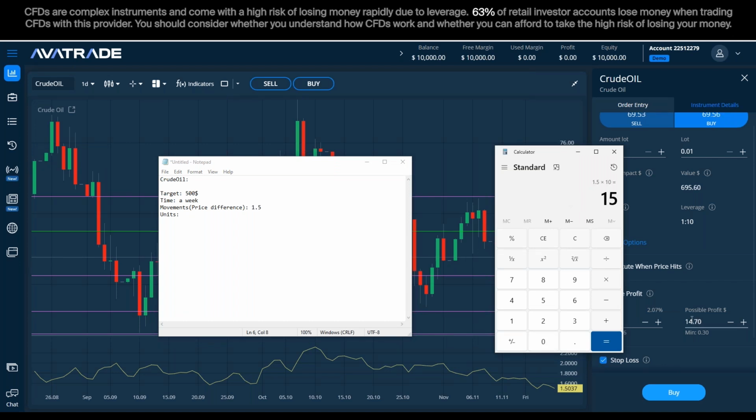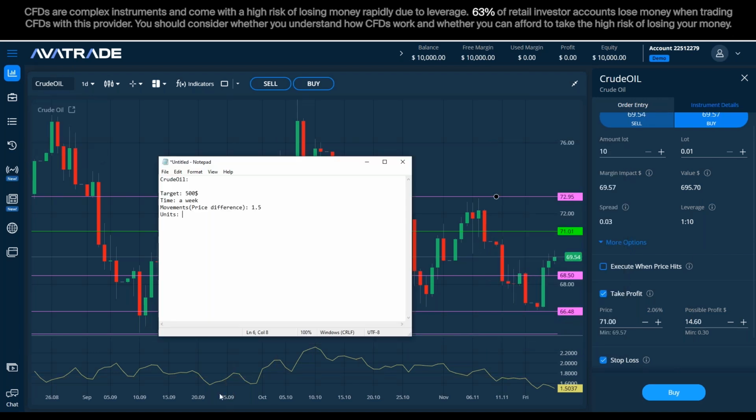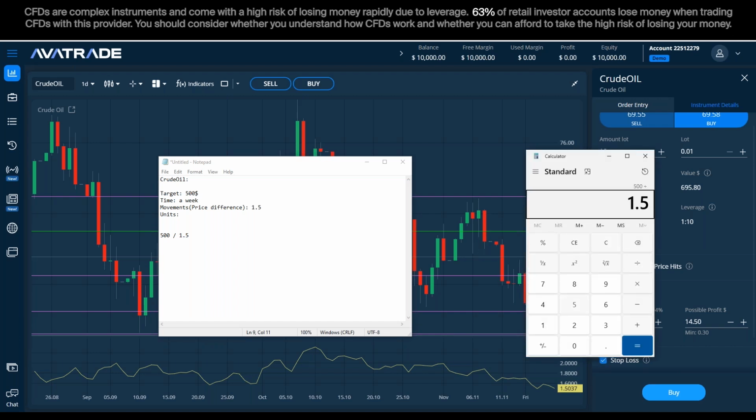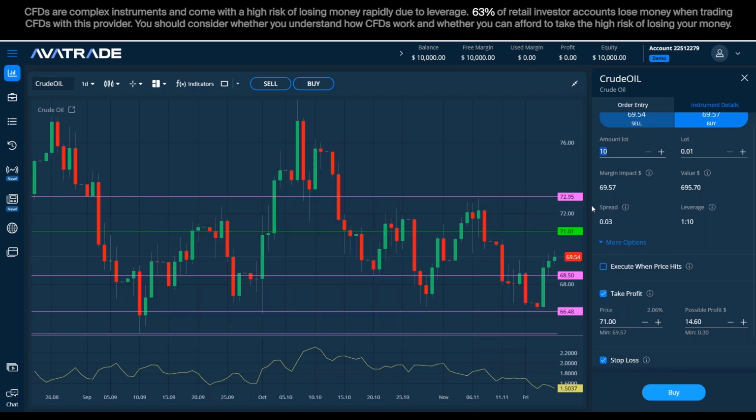So we see here 15, right? Okay, and if I wish to make 500, what I need to do is to divide my 500 by the potential movement that I'm expecting, and then I can see that the necessary units that I need to take is approximately 333. So let's suppose we're going to just take,